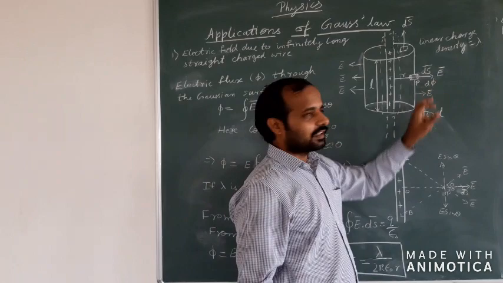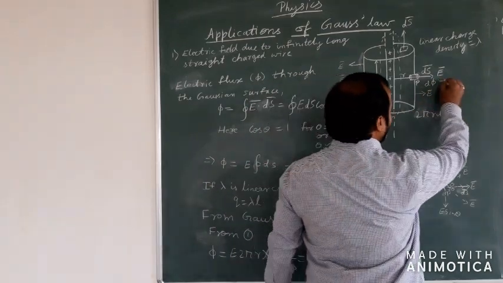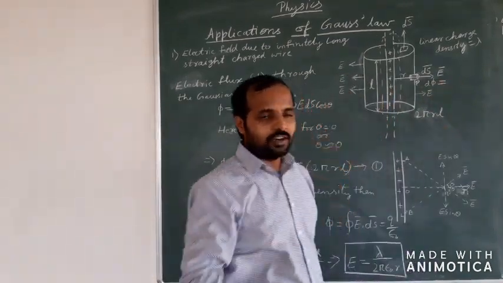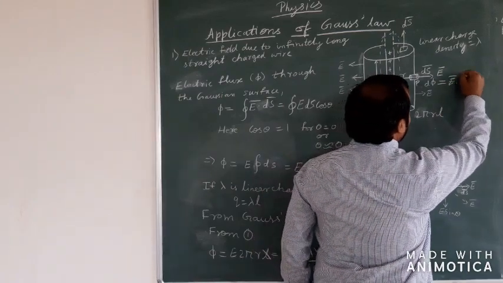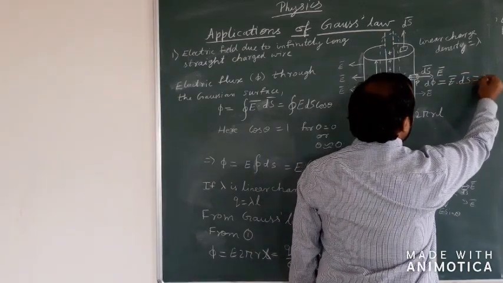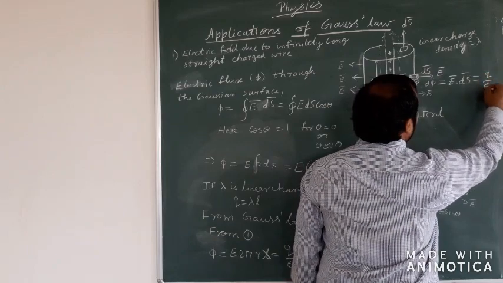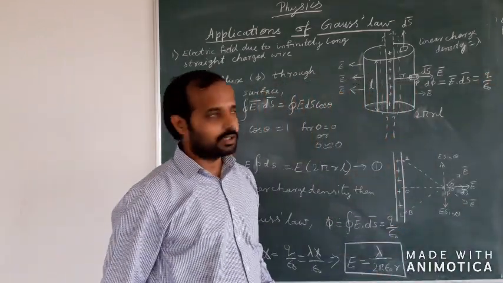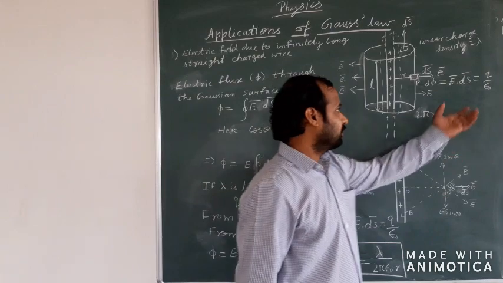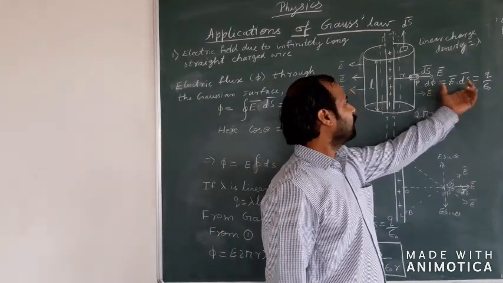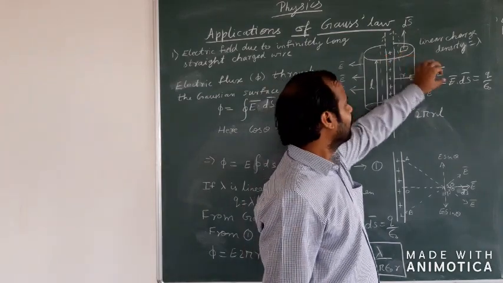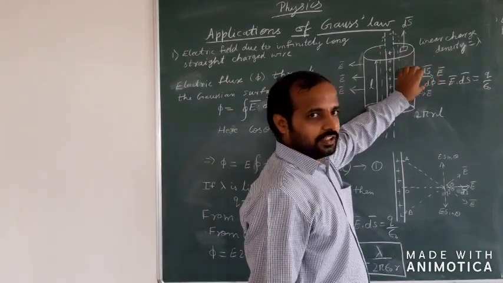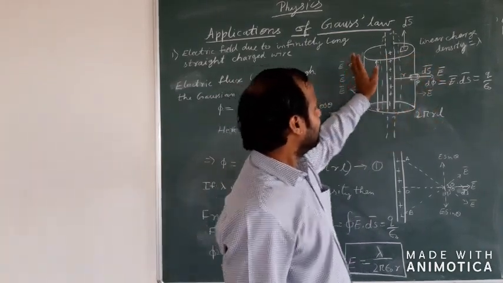So when we look at it, we know that d phi, according to the Gauss theorem, will be E bar dot ds bar equals q by epsilon naught. This is the general statement for your Gauss theorem. Now from this we can see that this is a small amount of flux coming from this small pillbox shaped area, right?